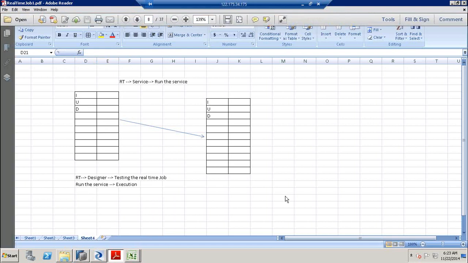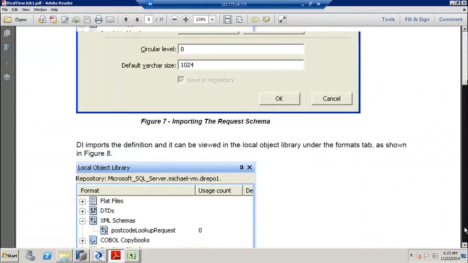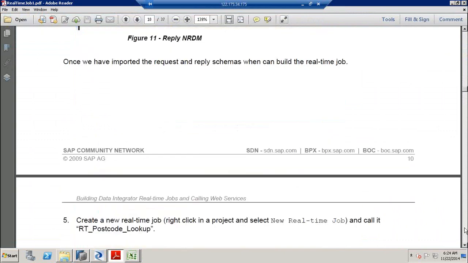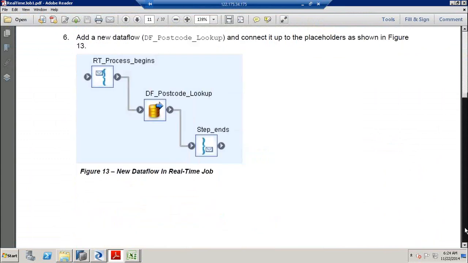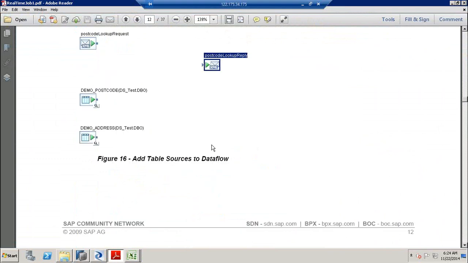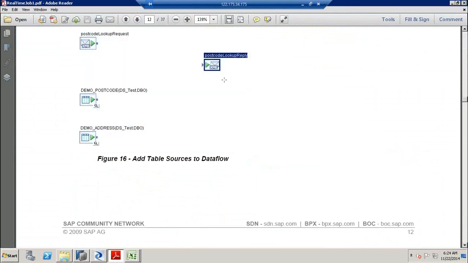We have two sample files here. One is postcode lookup request and reply. We need to add them to Data Services, and we have one source file called request and the target file as reply. We need to build a solution where, based on the value present in this request file, it has to do a lookup on the postcode and address and build the reply. That is what we'll be doing,